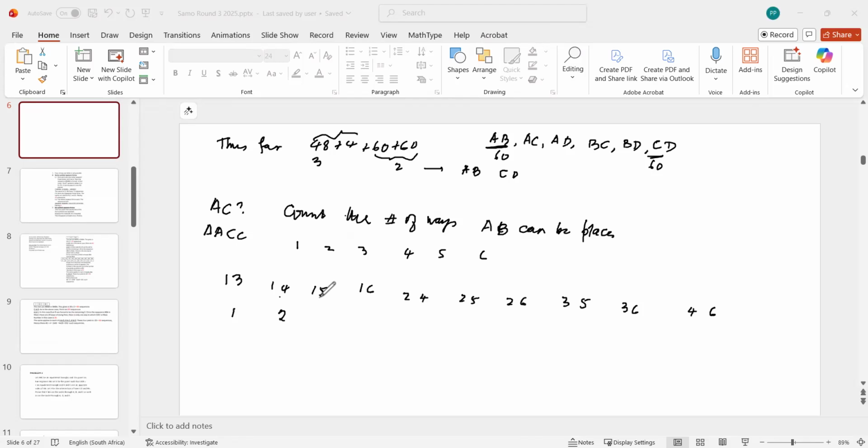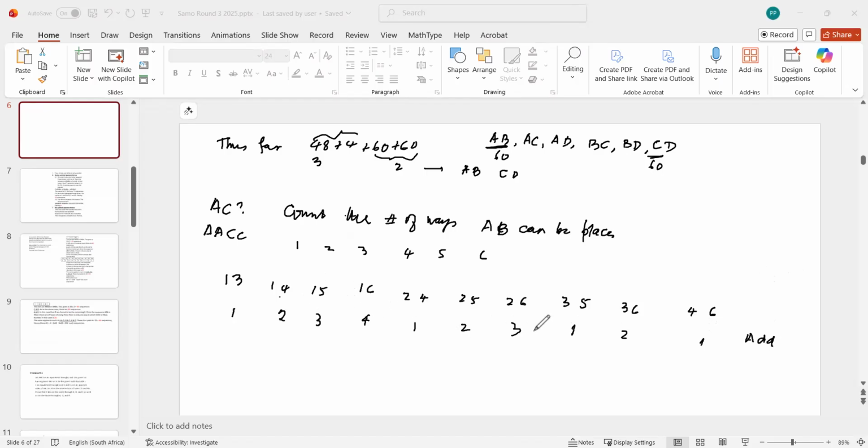Here, I could put the B in any one of 3 places, 2, 3, or 4. And likewise, 4 places here, 1, 2, 3. And here I have 1 and 2. And here there's only exactly 1. All right. So if you work out all these, you get add